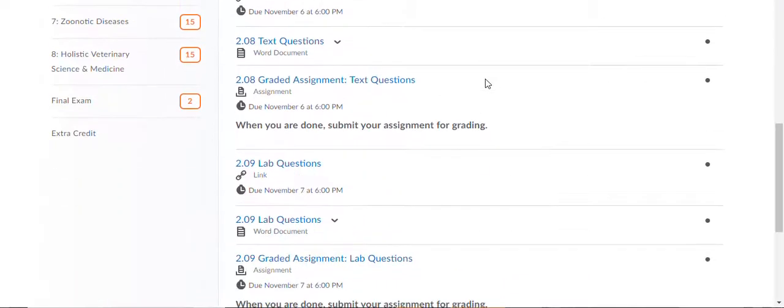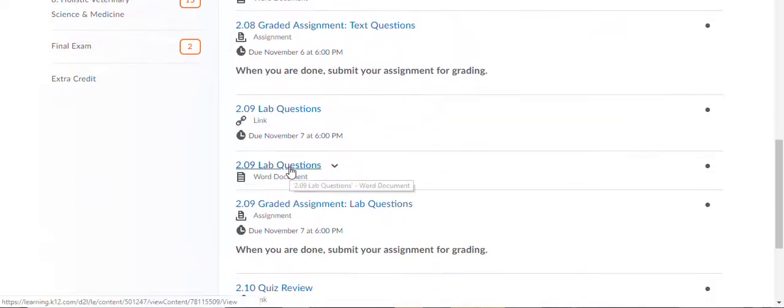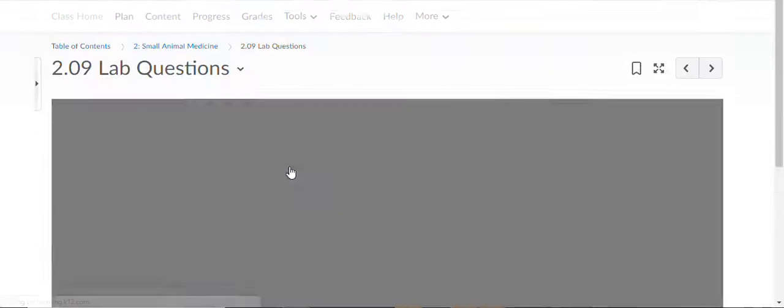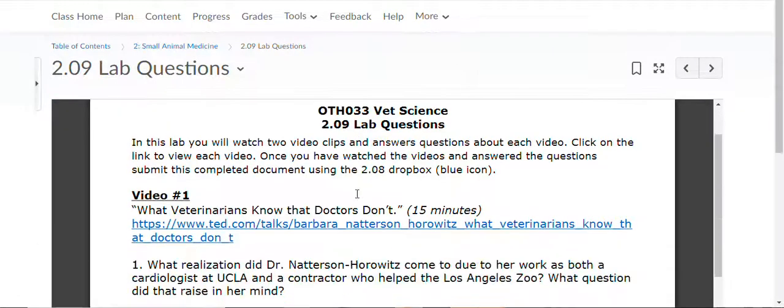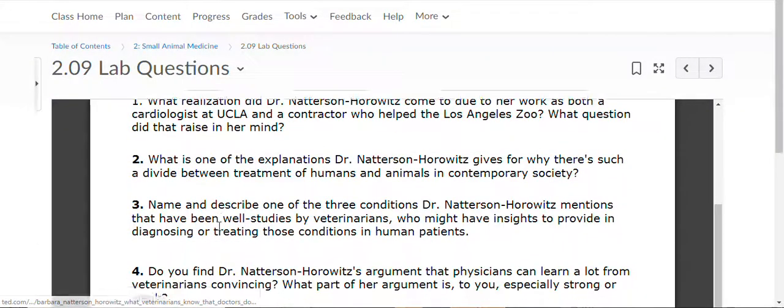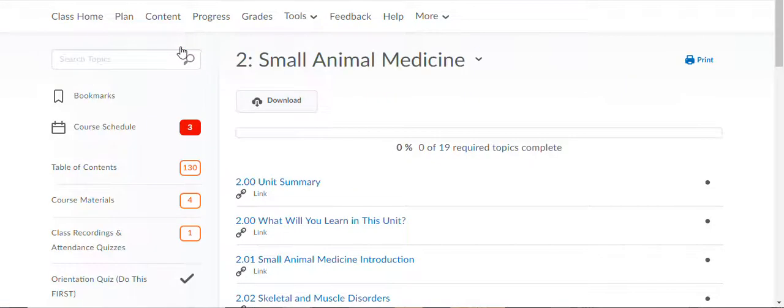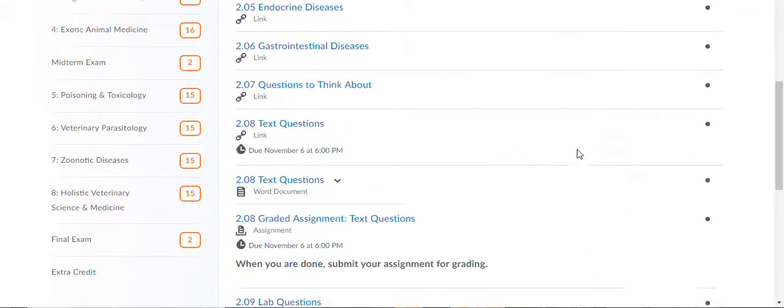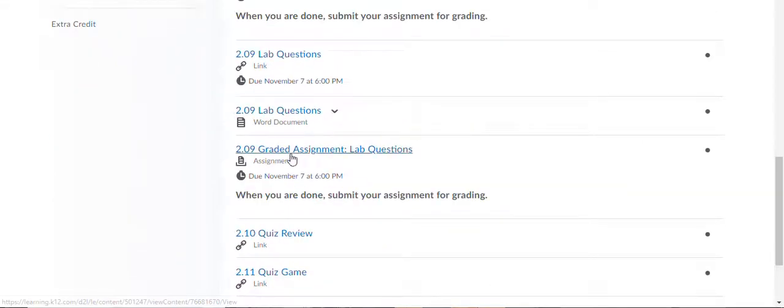And you don't have to use my Word document. It's just there to make it quicker and faster for you. So it's just like this. I have the video links in there with the questions. And once again, you can just download them. And you'll turn those in and submit them just like the Unit 1 text questions right here where it says